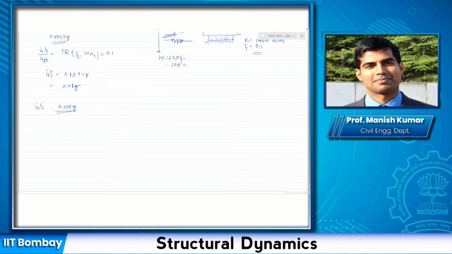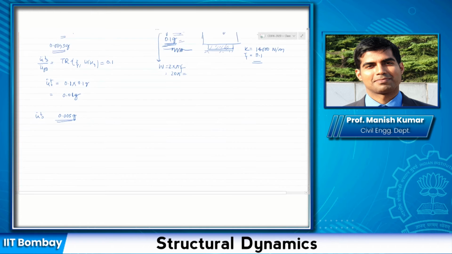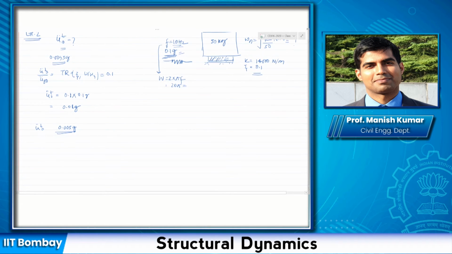So I would like to ask you what kind of solution you would suggest, given that I am going to use the same rubber pad. So the rubber pad is the same. That means my K, the stiffness, and the damping coefficient would be the same. Remember, the damping ratio depends on the properties of the structure, m and omega n. However, damping is a property of the system. This does not change. It's a property of the material.